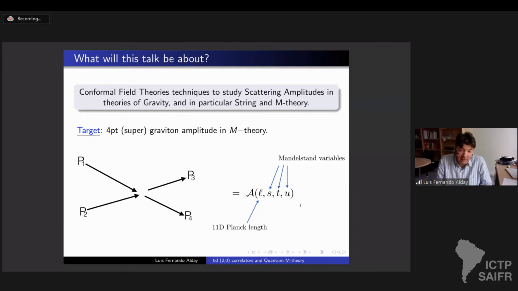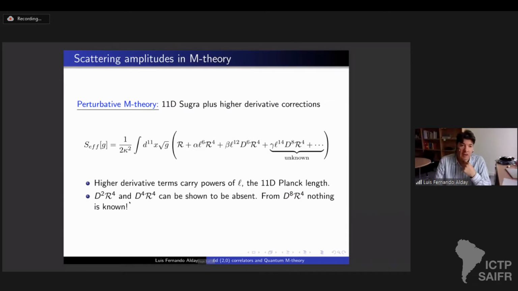In the particular case that we are interested in, which is M-theory, this amplitude will depend on a length, which is the 11-dimensional Planck length, and three Mandelstam variables, S, T, and U, which are combinations like (P1 plus P2) squared, etc. Now, it is fair to say that we don't have a non-perturbative understanding of what M-theory is. However, for the purposes of this talk, it will be enough to focus on perturbative M-theory. And perturbatively, M-theory is simply 11-dimensional supergravity, so in a low energy expansion, it is 11-dimensional supergravity plus an infinite tower